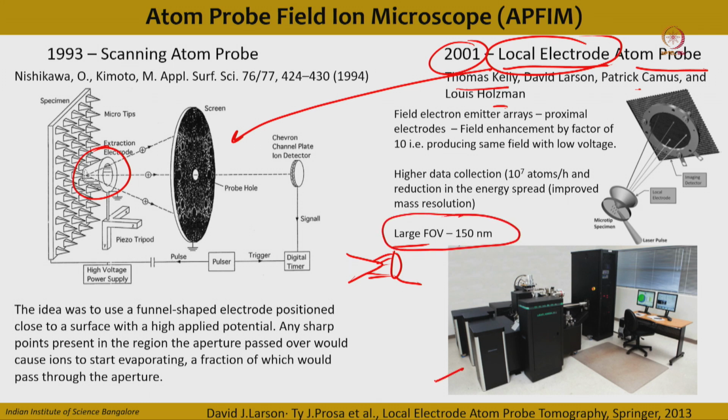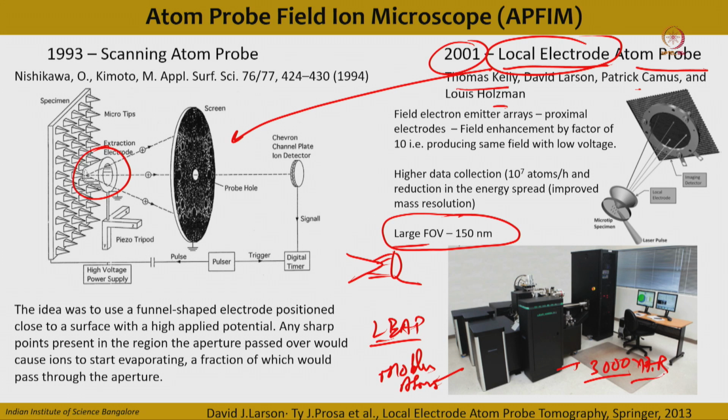Okay, and this is a typical modern atom probe which we call a LEAP, local electrode atom probe. And it was named the 3000 XHR,